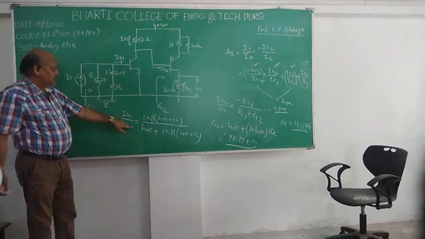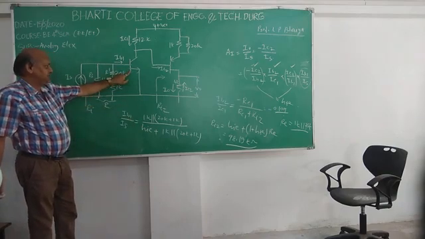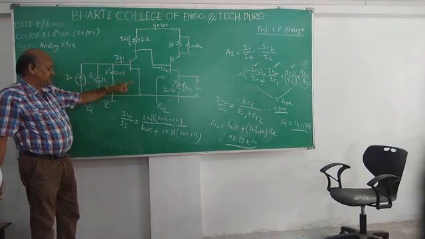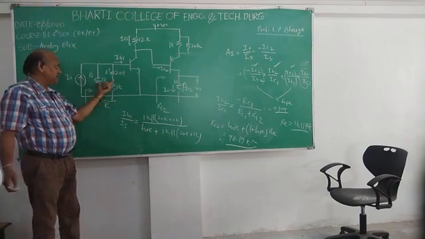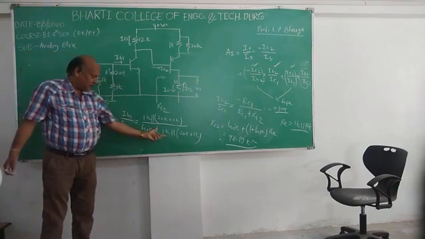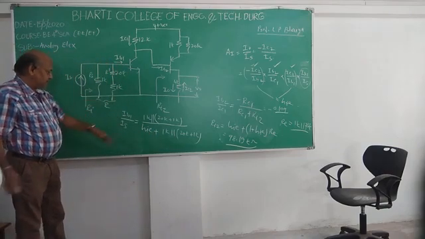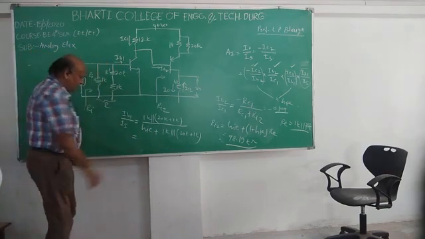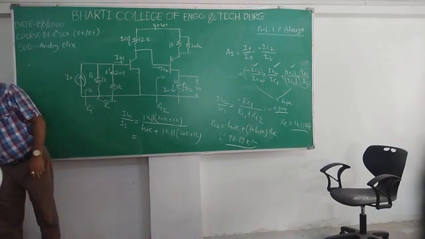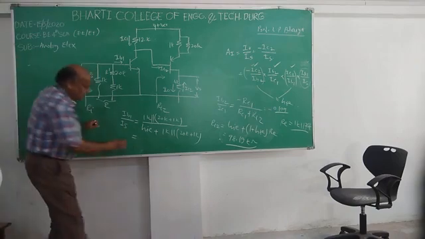HIE is nothing but the input impedance of this transistor. So this HIE will come in series here along with the parallel combination of this resistance. Therefore it is taken this one plus series this one. So calculate this value, and you will get this IB1 upon IS here, 0.323.